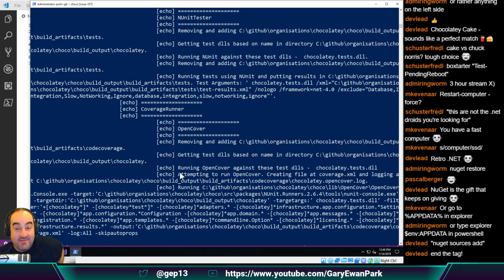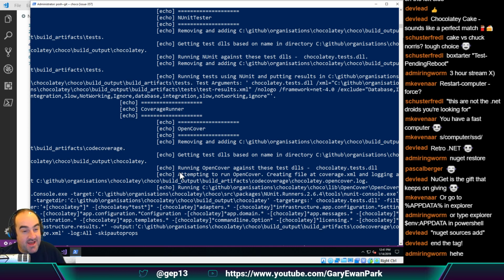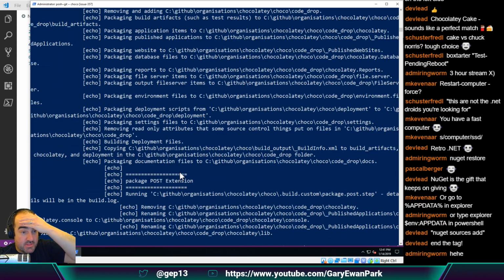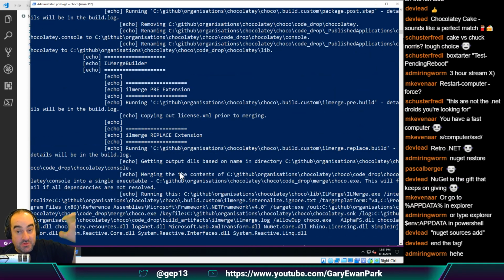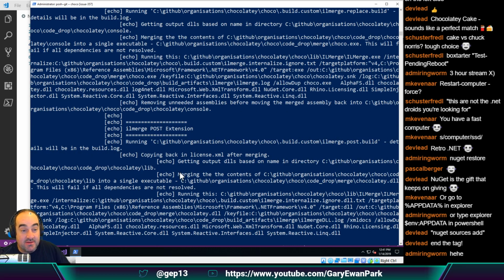So now it's working. All of those NuGet packages have been restored, and now the build should complete. So we should get through. It'll go through unit tests. It'll go through packaging. It'll go through IL merging. If I was on a machine that had the Chocolatey signing certificate on it, it would actually sign all of the